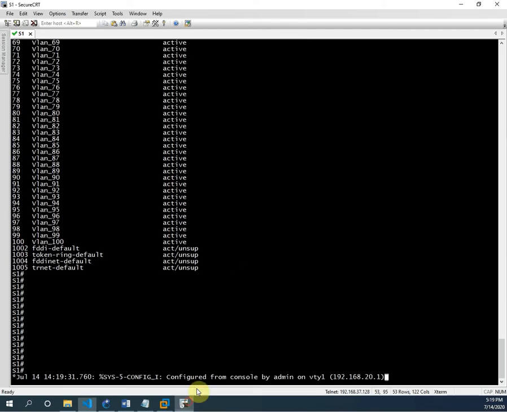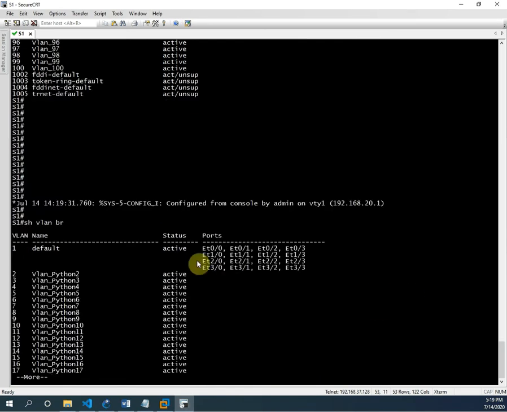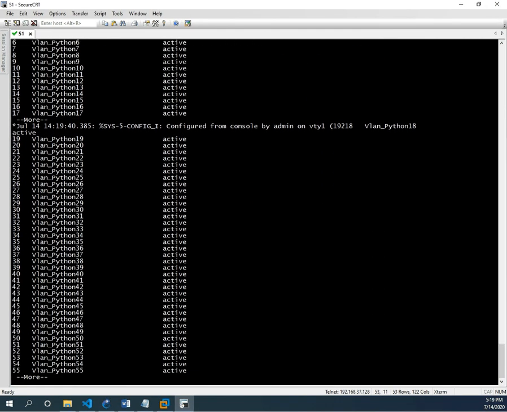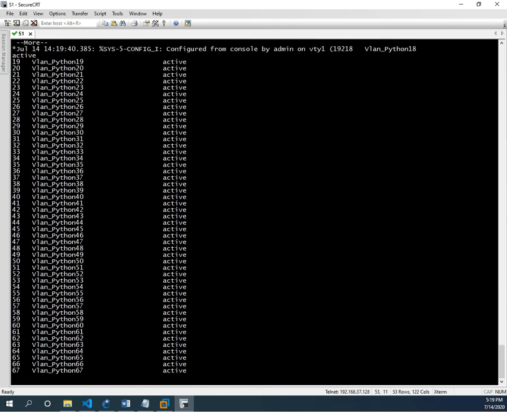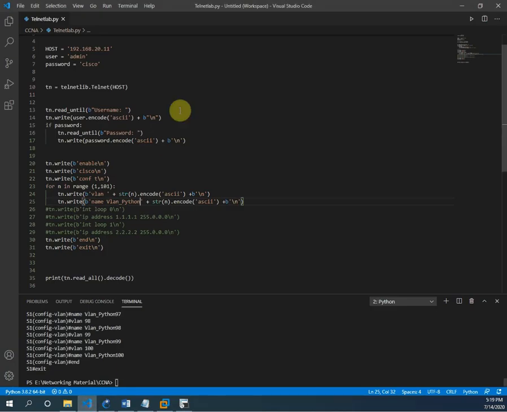So let me go in the CLI and write show VLAN brief. See, the name is changed. So whatever name we need, we can give. Now we have the VLANs with the names we need, and we have a total of 100 VLANs. However many VLANs we need to create, that number we can give here in the for loop.